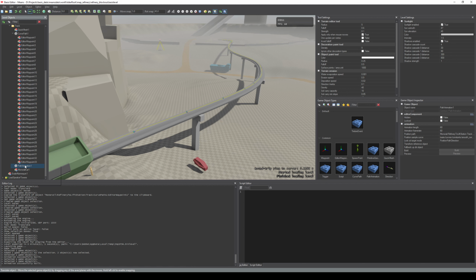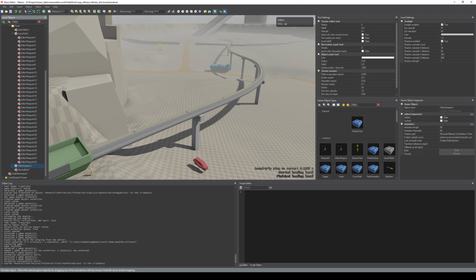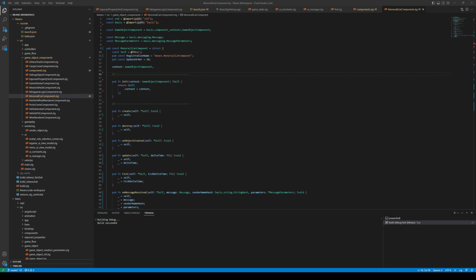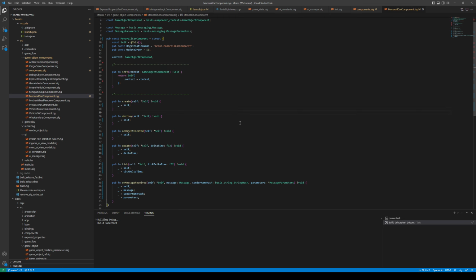So when we know the name of this guy, this monorail refinery to lift station track path animation 1, if we know that name or that path, we can deserialize this animation at runtime and use it, just like any other thing that we load from a data block. So knowing that, how do we